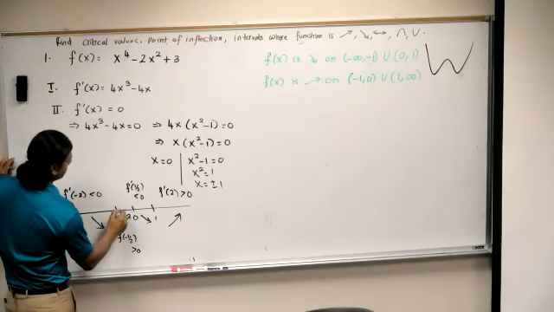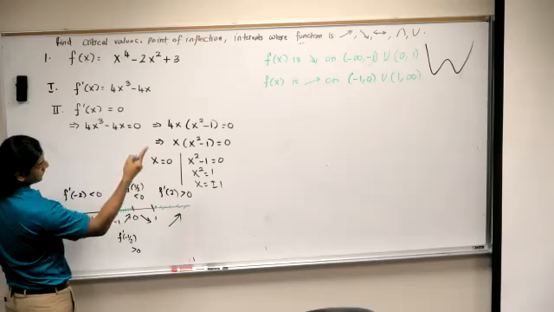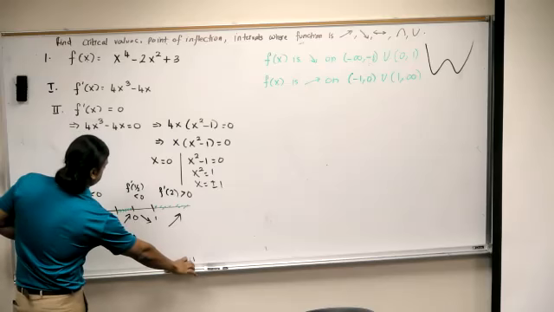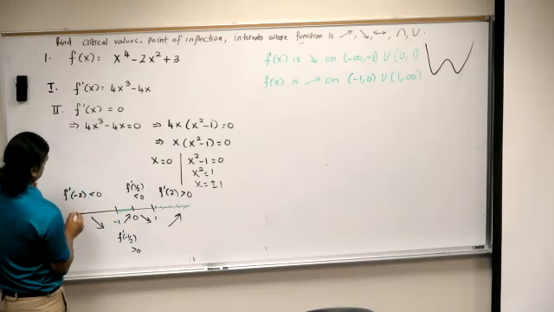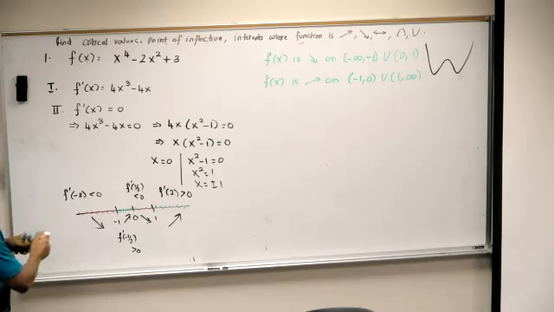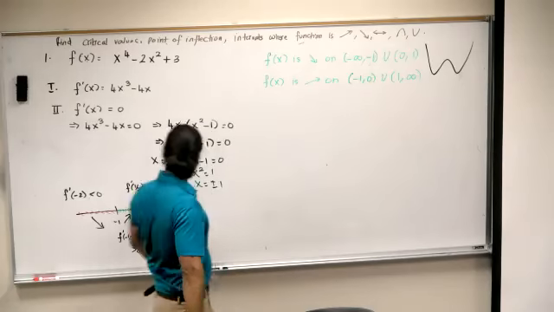So increasing here, increasing there: negative 1 to 0, union 1 to infinity. Decreasing here, decreasing there. So negative infinity to negative 1, decreasing, union 0 to